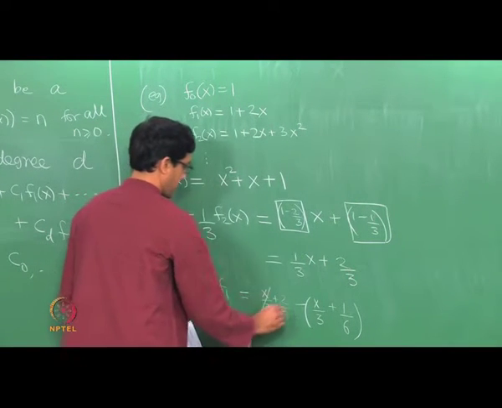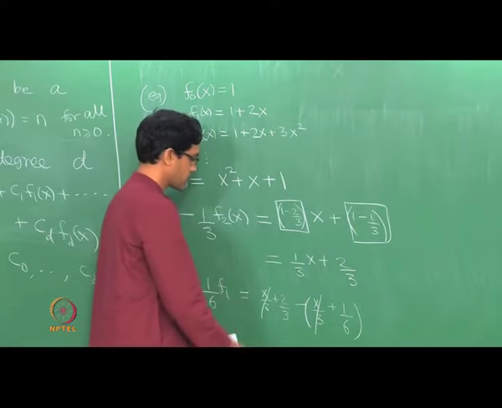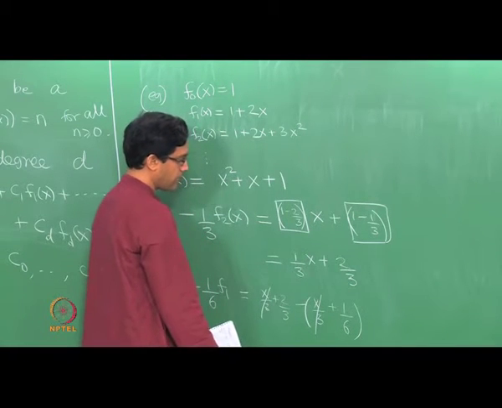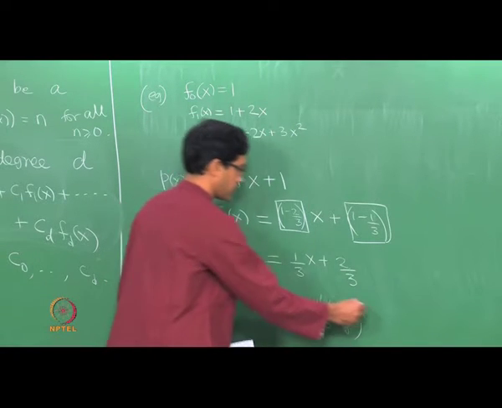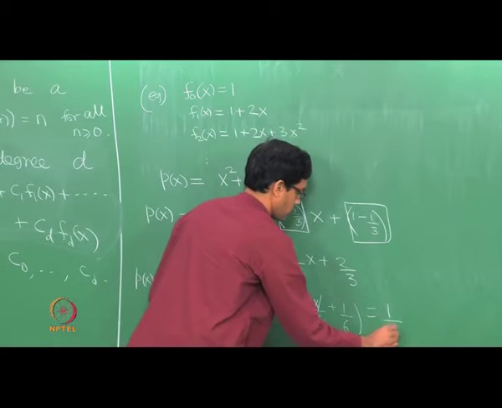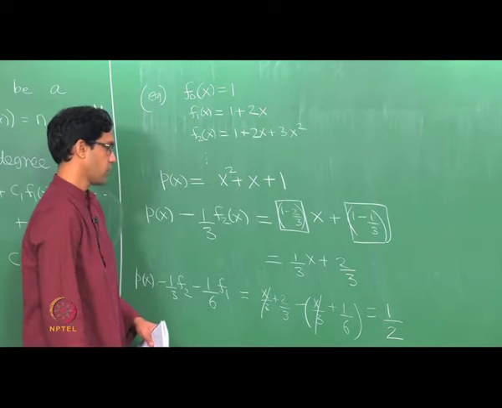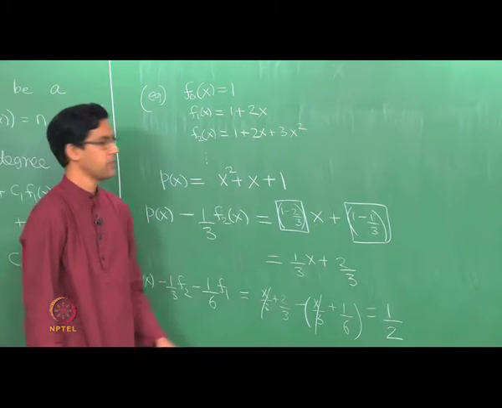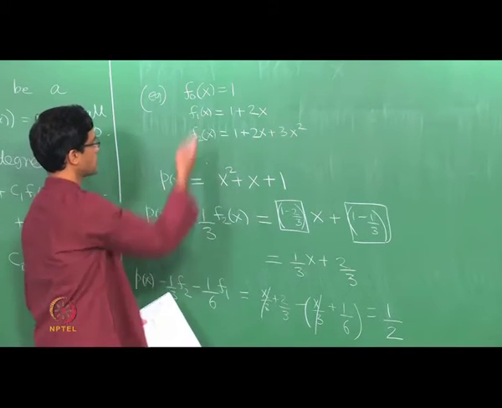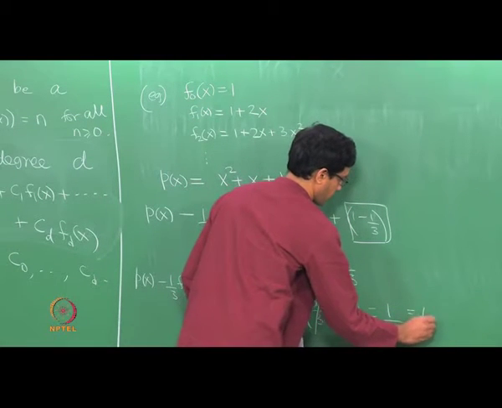So of course again the idea being you can cancel off the coefficient of x. What is left is 2 by 3 minus 1 by 6. So what is that? That is 4 minus 1. So we are looking at p of x minus this minus that is just a half, and now it is only a constant. So this is in fact just half f0.